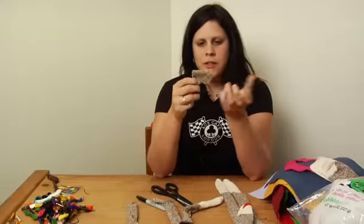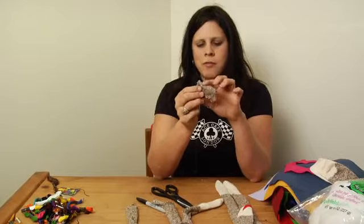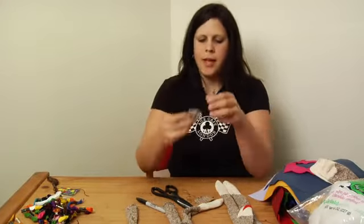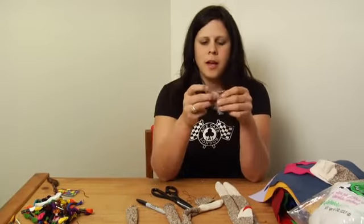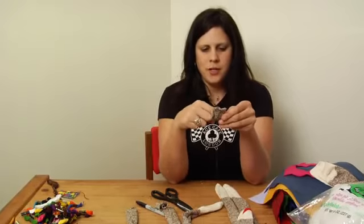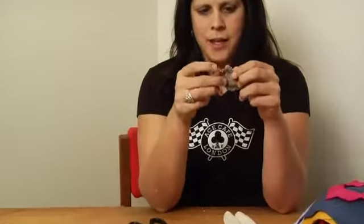So I've sewn up one of these two little ears, but obviously can't sew it up all the way because the fold, if you remember the way we cut it, is the flat part that goes up against the head, right? Remember how we cut these out of the sock? So you can't obviously stitch it all the way around. You got to stitch it part way and then leave a little opening. And I've just left the thread dangling because I'm going to use that same thread to attach the ear to